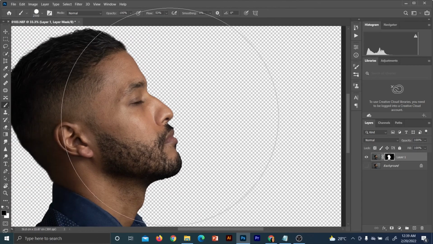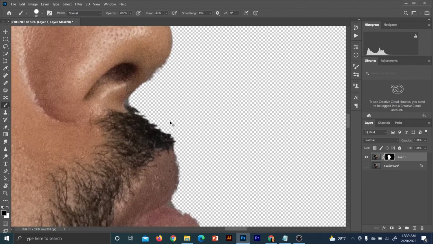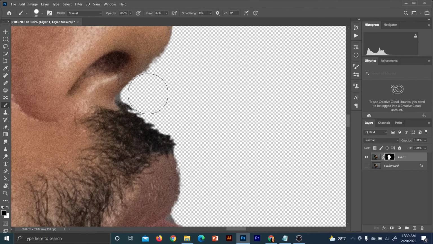So let's decrease the size of the paintbrush by using the bracket key on the keyboard, and I'll just remove this one,